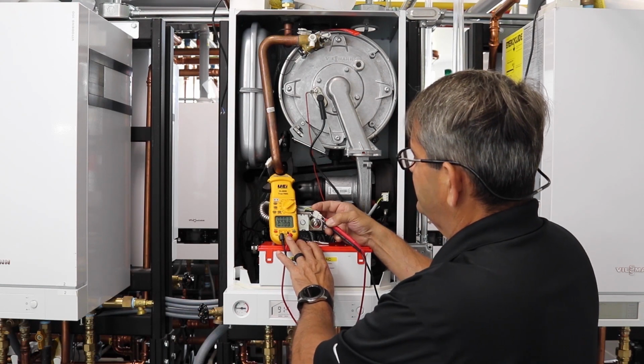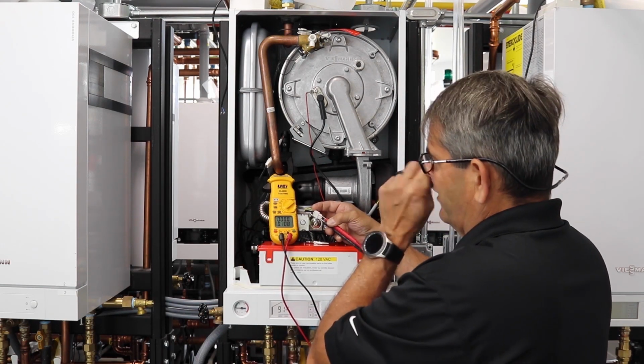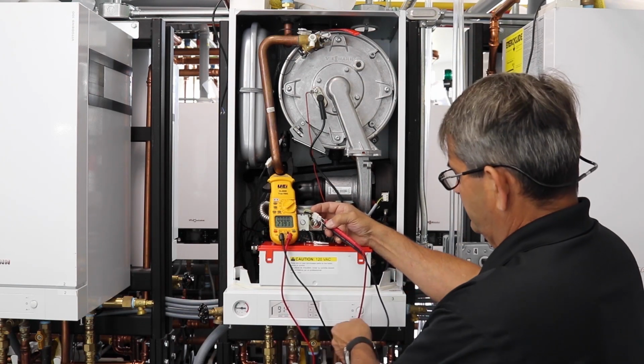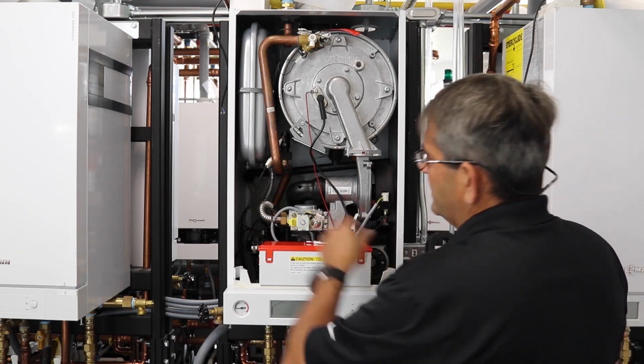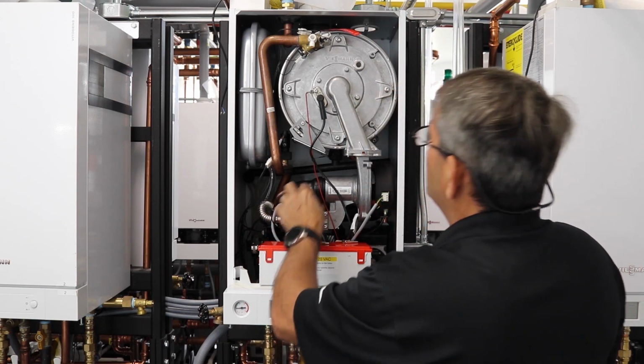Just make sure you're in DC current when you're reading the gas valve. And like I said, you can do it in AC current as well, but there you are, we got the 108 there. So now we know that we've got the right voltage to our gas valve. Next thing we want to check is our flame sensor and our flame sensor reading,